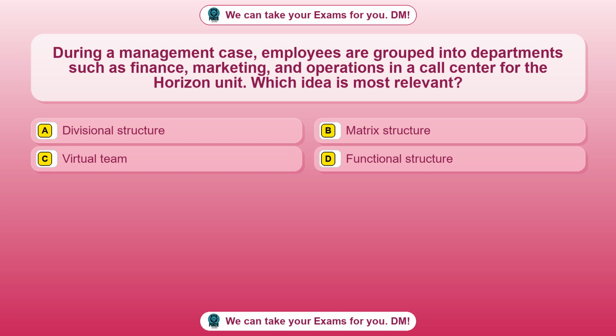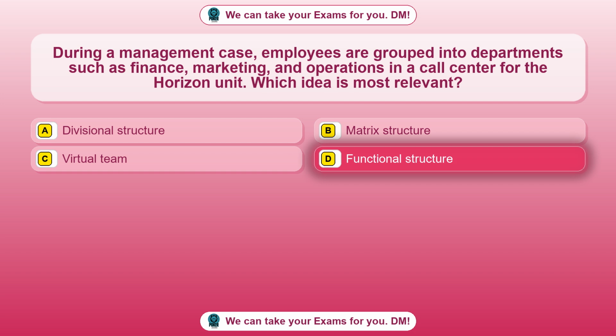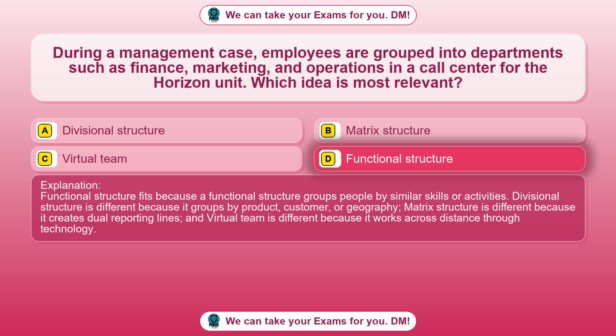Option D. Functional structure. The correct answer is option D. Functional structure fits because a functional structure groups people by similar skills or activities. Divisional structure is different because it groups by product, customer, or geography. Matrix structure is different because it creates dual reporting lines, and virtual team is different because it works across distance